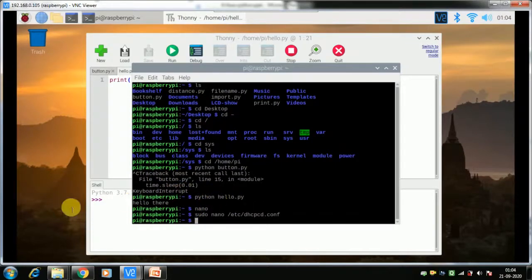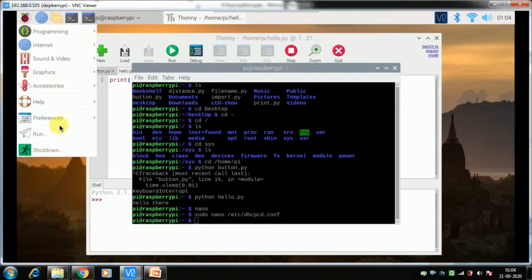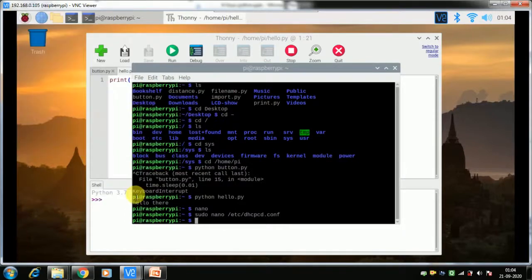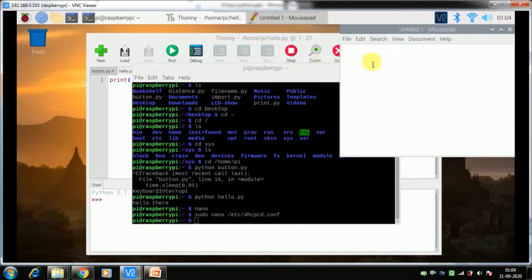So let me show you one more command here. If you want to upgrade your Pi, I will not run this command here, but I want to show the command. I open this text editor. The command is sudo rpi-update. So this will download any new update and save it in your SD card, and your Raspberry Pi will reboot, and you get all the updates. So this is about the minimum Linux that we will be using.